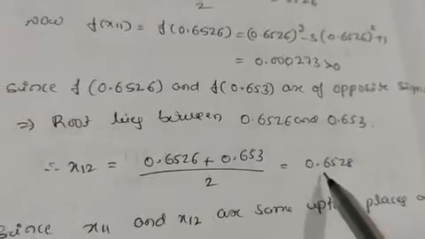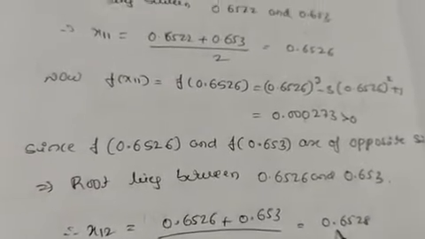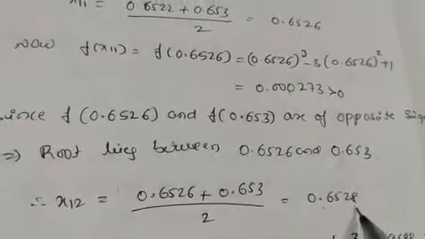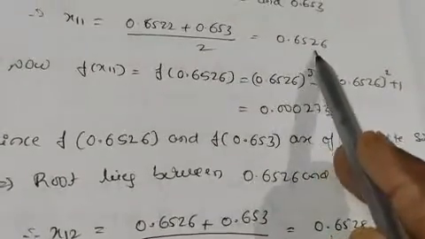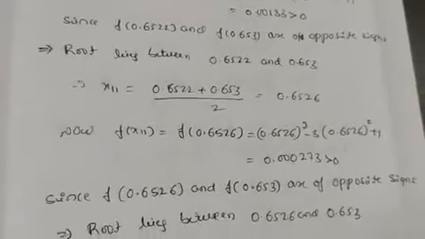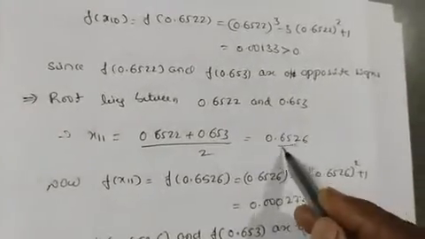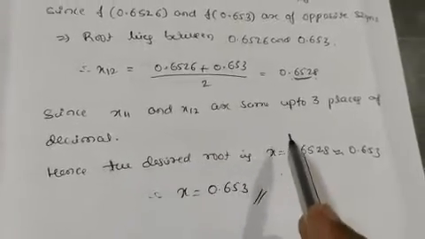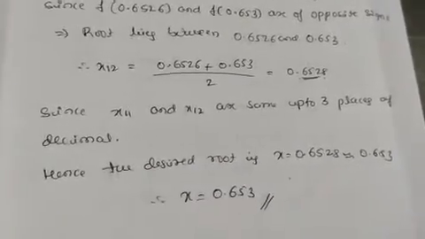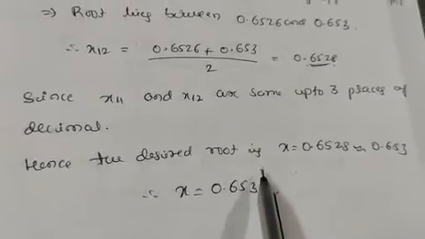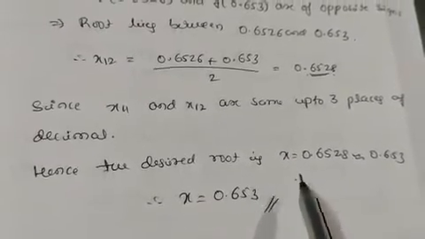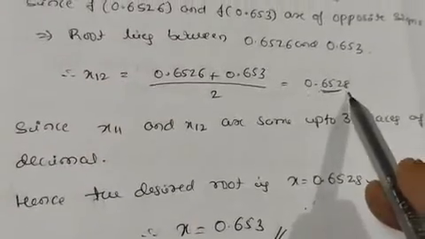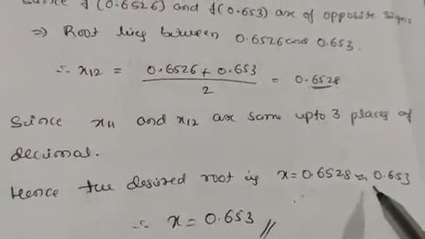See here, x11 is 0.6526 and x12 is 0.6528. They are approximately equal up to 3 decimal places, 0.652 and 0.652. So since x11 and x12 are the same up to 3 decimal places, the desired root is x equals 0.6528, and it is approximately equal to